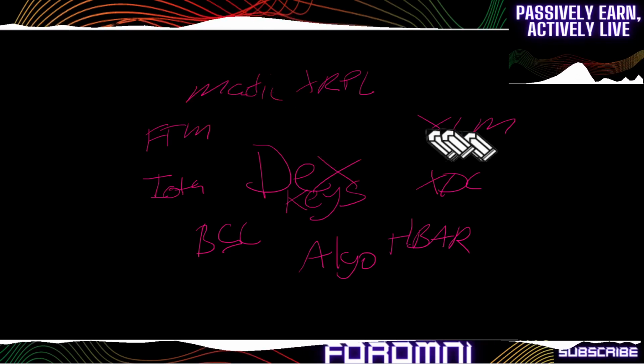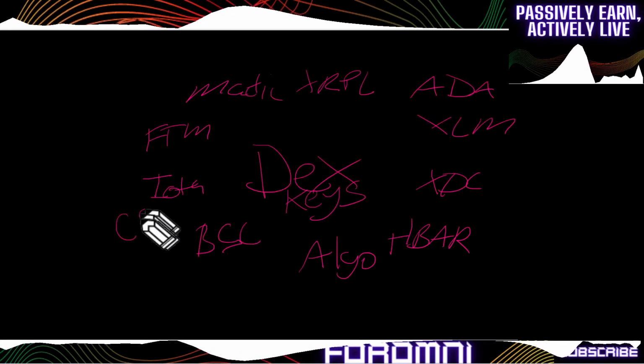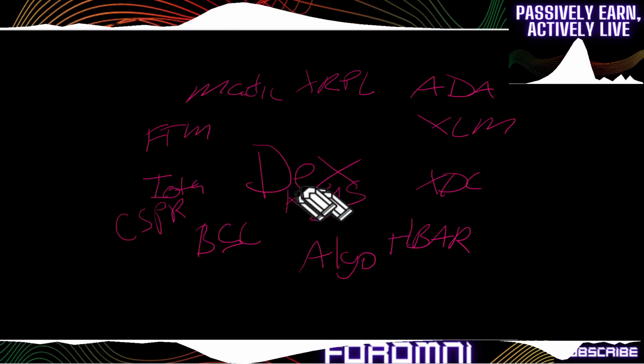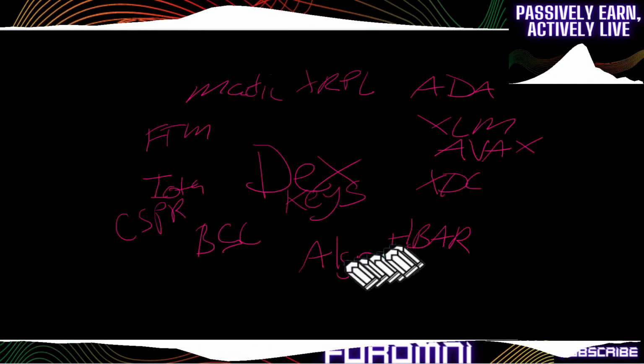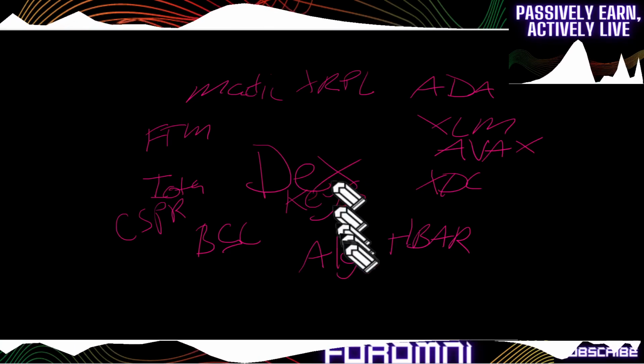I'm running out of space. You have Cardano. You have Cspr. See, these are all decentralized networks. And then you also have Avax. And when you have your keys and your wallet